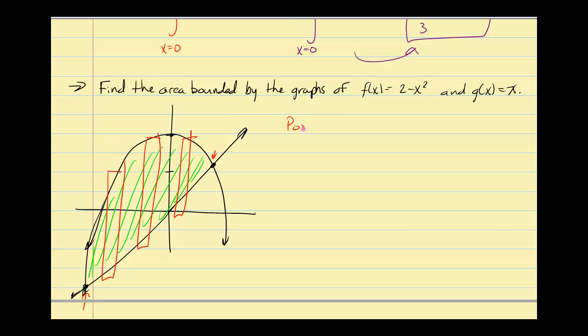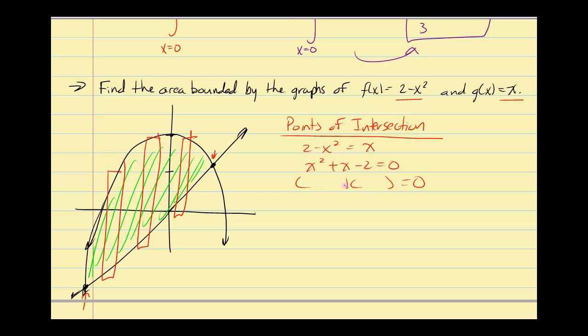So I need to find points of intersection. The way we find points of intersection is we set the 2 functions equal to each other. Now, both of these are in terms of x. I don't want one in terms of y and one in terms of x and try and set them equal to each other. That will not go well. So for our points of intersection, we set these equal to each other. Moving everything to one side, I get x squared plus x minus 2 equals 0. And again, it's our hope that this factors, and this one does factor. It factors into x plus 2, x minus 1, which means my values of intersection are at x equals -2,